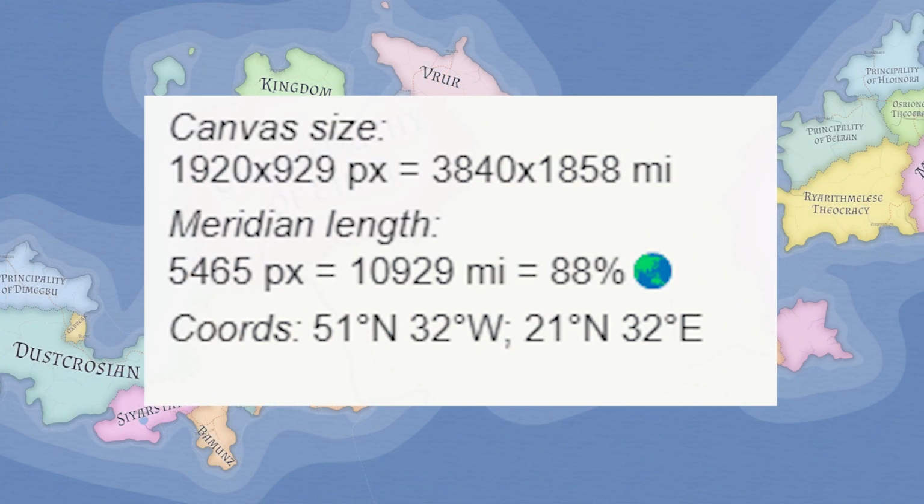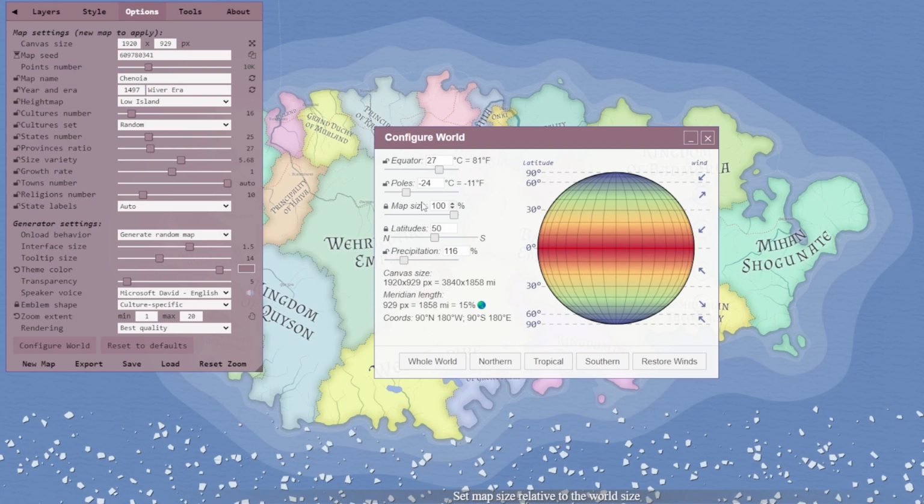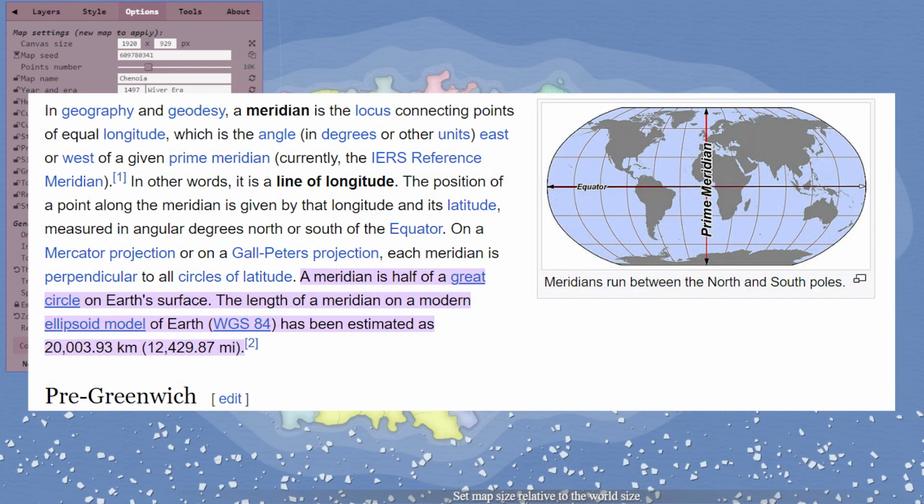One interesting thing here I will note is the effect of the canvas size on the distance covered by the generated map. The default canvas size is 1920 by 937. Each pixel is the equivalent of 1 mile. So if you're generating a whole world map with that canvas size, then your world will only be 937 miles from the North Pole to the South Pole, which is only about 8% the size of Earth. The larger you make the canvas, or the smaller portion of the globe your map covers, the larger your planet will be. The meridian distance of Earth, the distance in miles from pole to pole along the outer surface of the planet, is